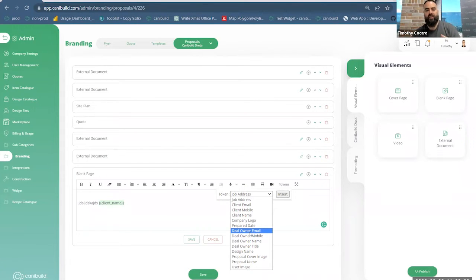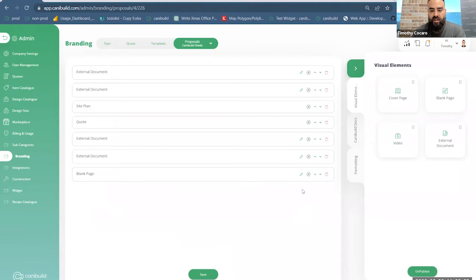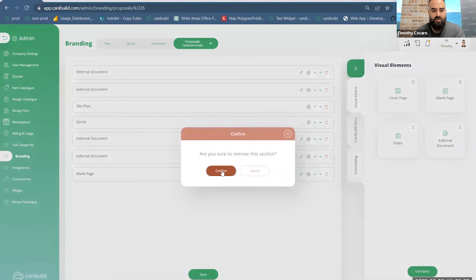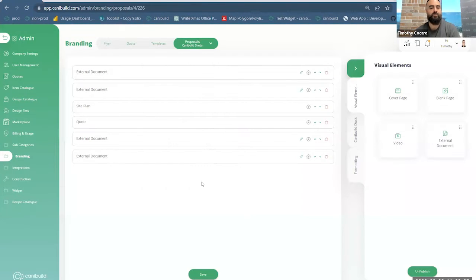And the whole idea with Canibuild is in less than 5 minutes, generate a site plan, generate a quote, generate a proposal, send it back to the client. So hopefully that gives you some insight into how proposals work and of its existence. So let's just remove that section